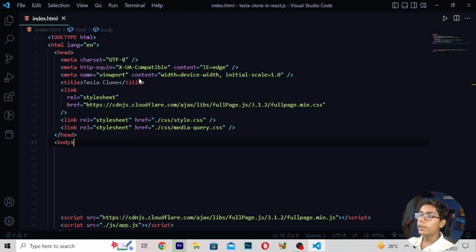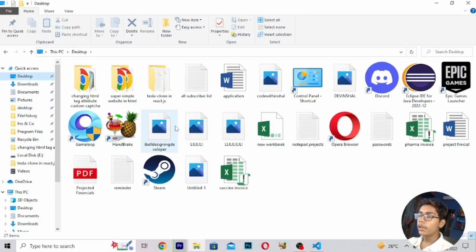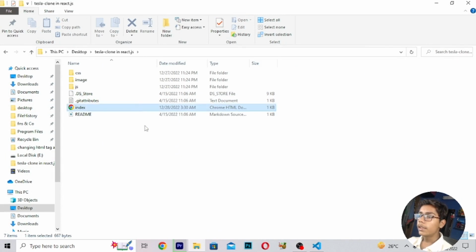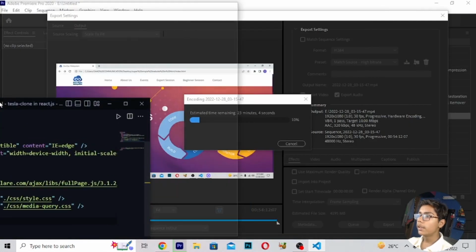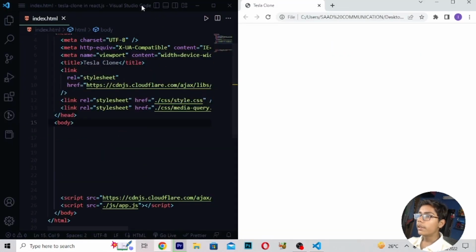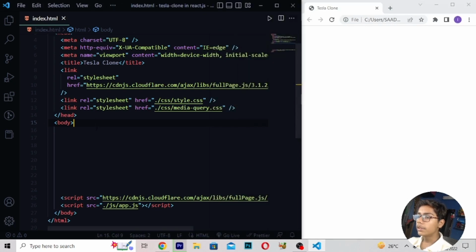Then here we will be starting our main codes. Now you have to open your default Google Chrome browser. So here I will be moving here. You can see here I have opened. Now we are only getting Tesla clone written, all the things have been removed. Now here I will be doing side by side. So the coding side should be at the left and at the right we will be getting our interface side. So here I will be making this coding side bigger.